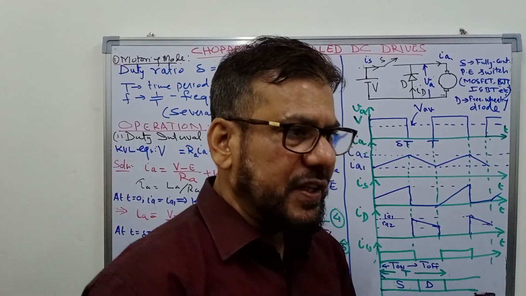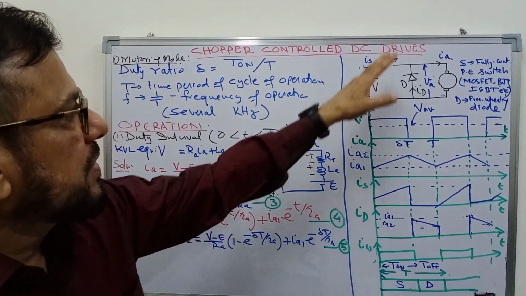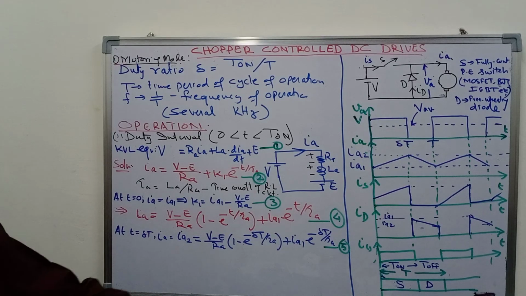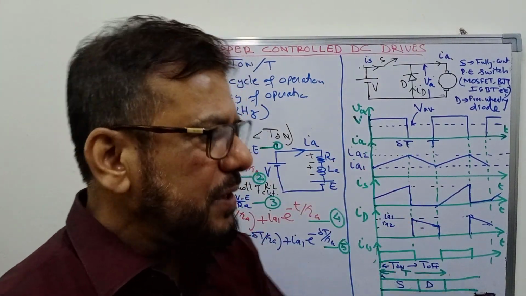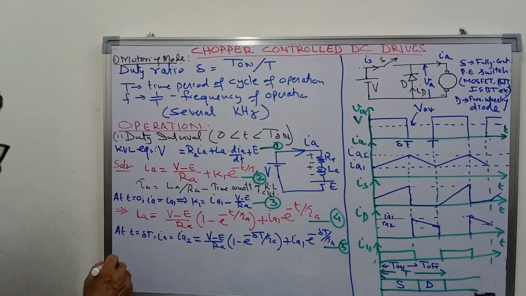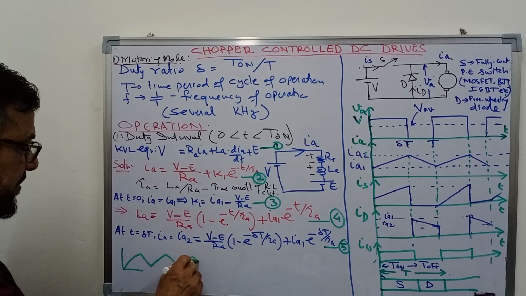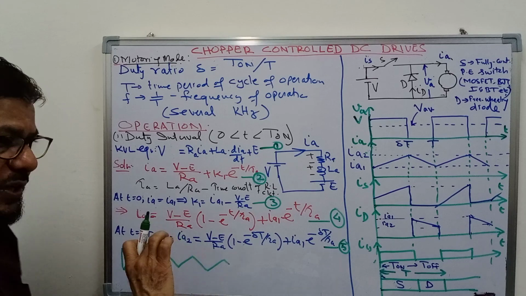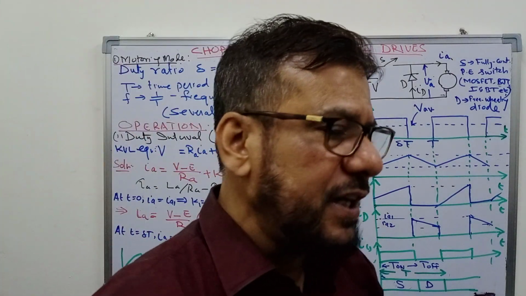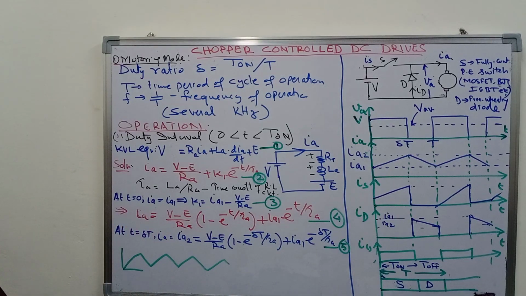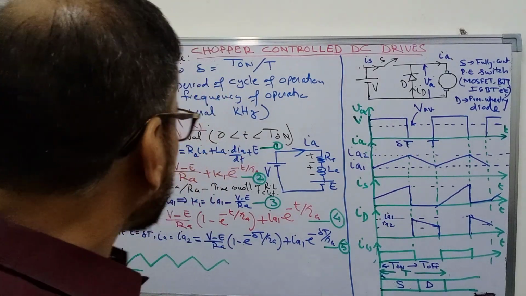In the first cycle, when you just switch on the supply here, the motor speed is 0, and the motor speed will rise only gradually. So in the first cycle, of course, the current will start from 0, reach a certain value, and then start decreasing, rise, and finally in steady state condition, the current will fluctuate between two fixed values. So I am explaining the things in the steady state condition.